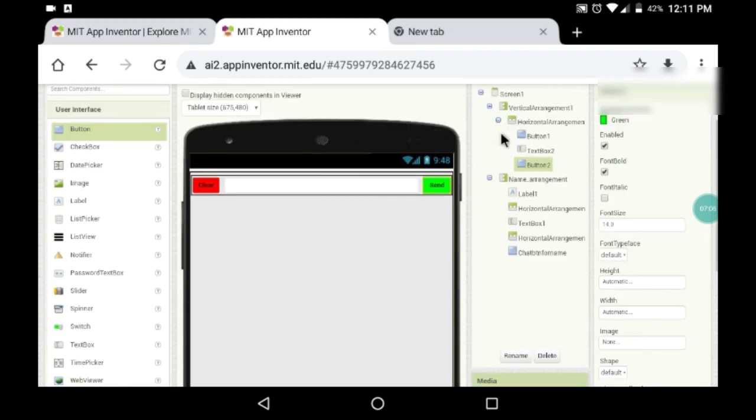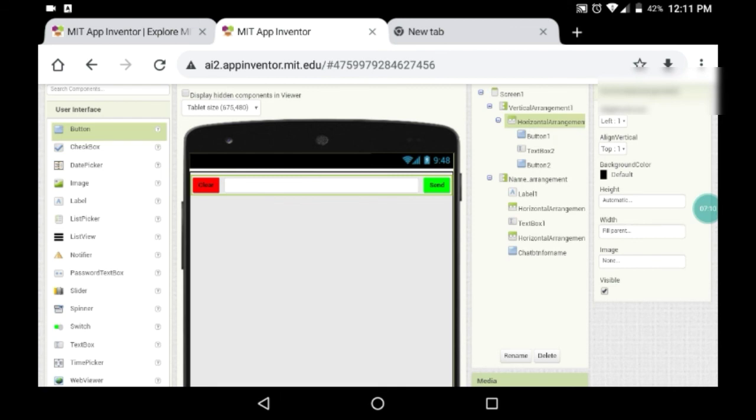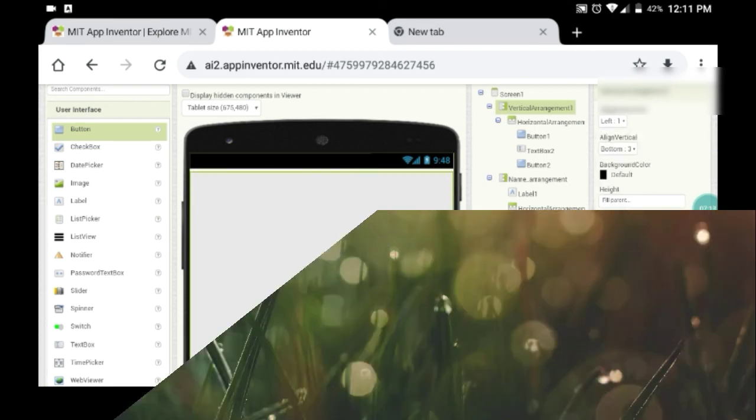As I said, we'll be doing something similar to WhatsApp. So let's take this vertical arrangement, and here you can see align vertical. You have to choose that to bottom. So in WhatsApp